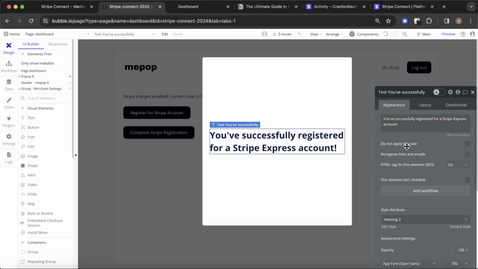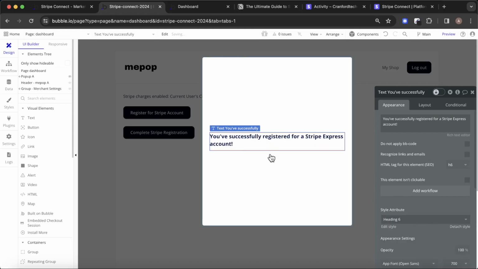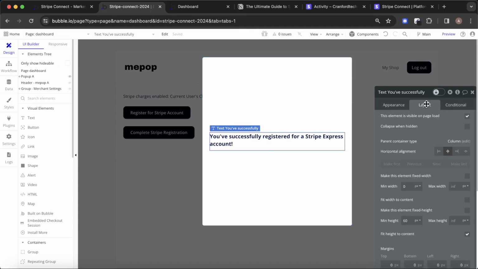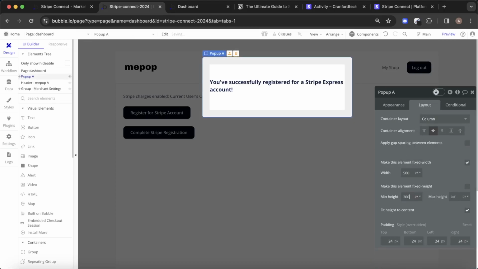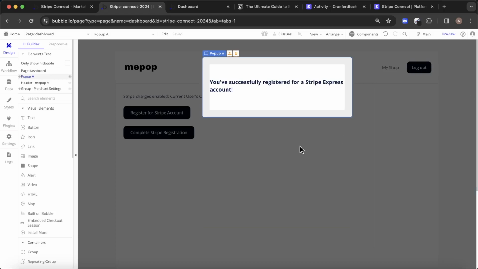Maybe just change the width of the height of that to be a bit smaller. Put it as heading 6. Okay, and then what we want to do is we only want to show this pop-up when 2 conditions are